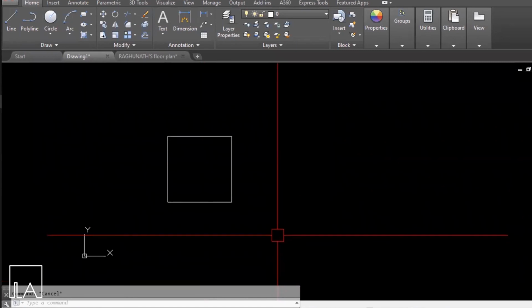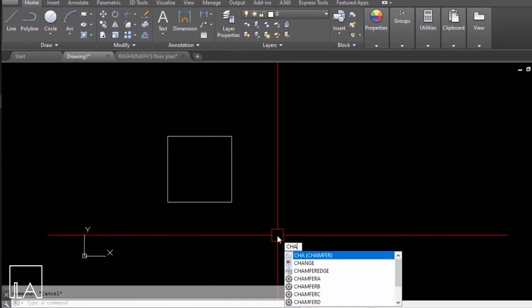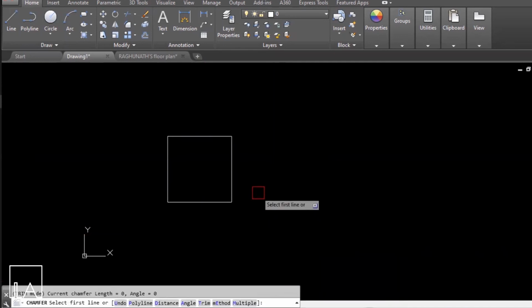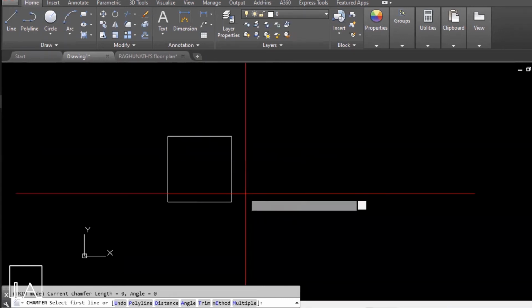The next command which we'll be seeing for today is your chamfer command. Type in CHA, which is the shortcut, and then give enter. Now you will have to select the first line. Before you do that, specify angle. So say A and then give enter. Now you will have to first specify the length of the first line, that is from where you want to chamfer. So I specify it to be 500 mm and then give enter.